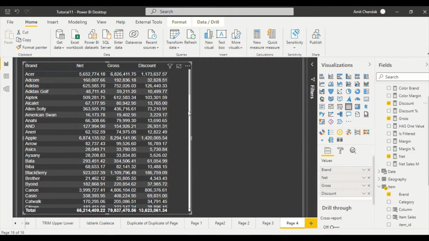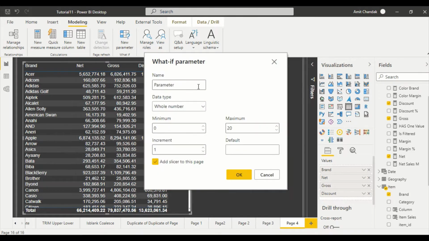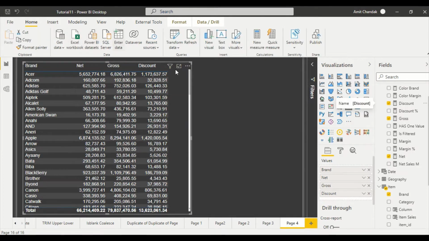Now, Tableau has something known as a parameter, which can be text type. But in Power BI, if you go here and try to create a new parameter, a parameter is going to create a table. You don't see a text type here, but it doesn't mean that we cannot create text parameters. Parameters in Power BI are going to create a table only, using the generate series. So what we can do is use the enter data facility, and that is also one thing which can create a slicer for us.